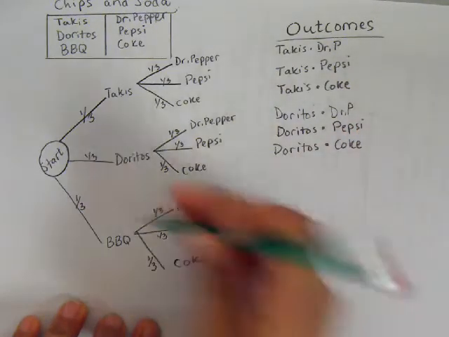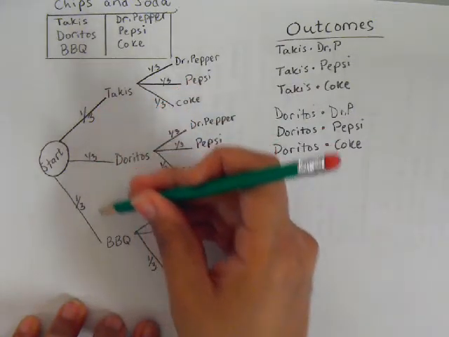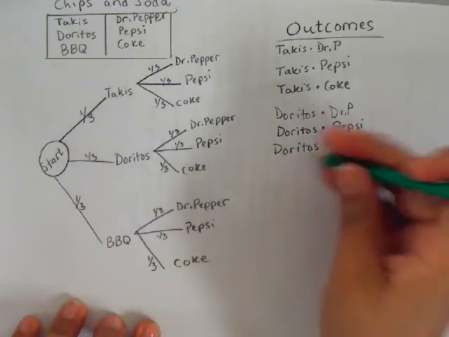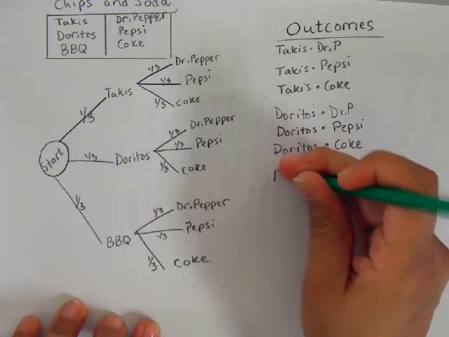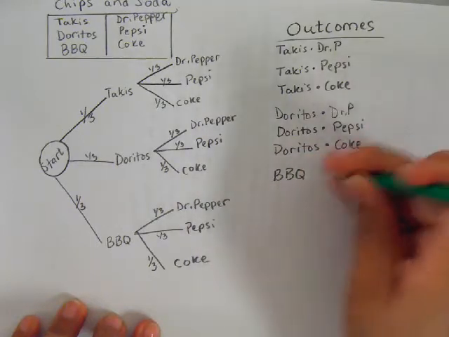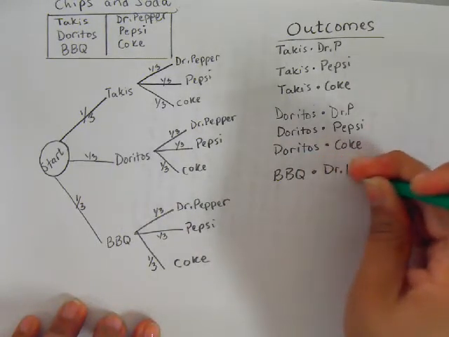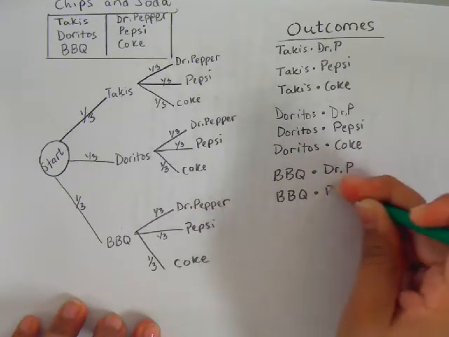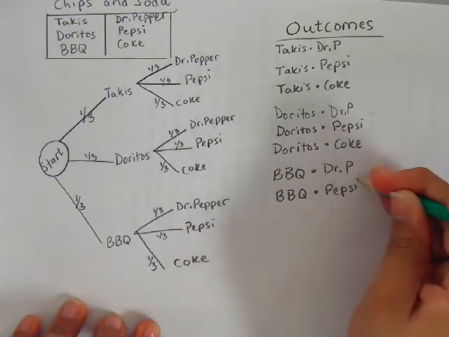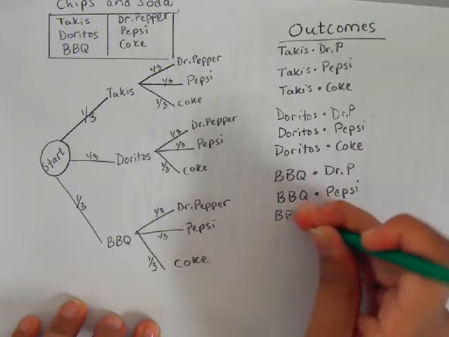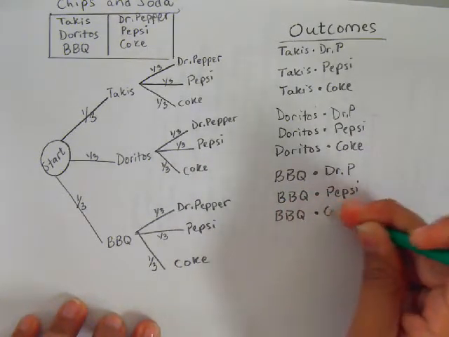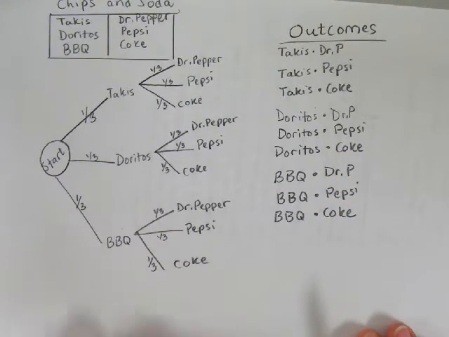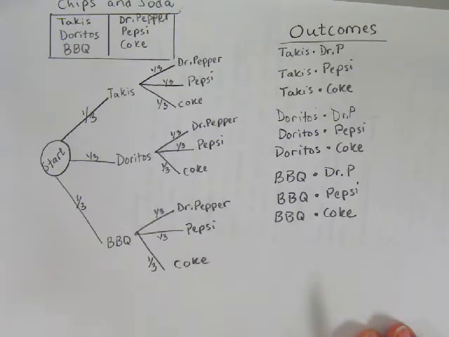And then last but not least, if we follow this branch on down from start to the barbecue, we could have barbecue and Dr. Pepper. So, barbecue, BBQ, and Dr. P. BBQ and Pepsi. And BBQ and Coke. Excellent. So we have listed out using words the outcomes, but we are not finished, because for every single outcome we